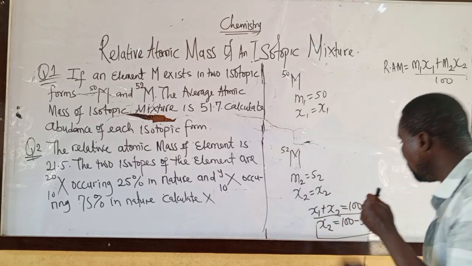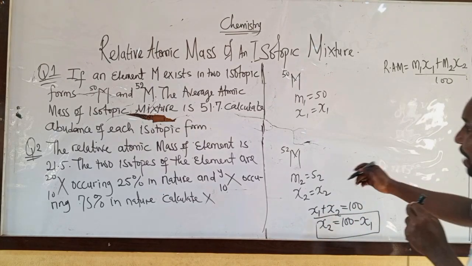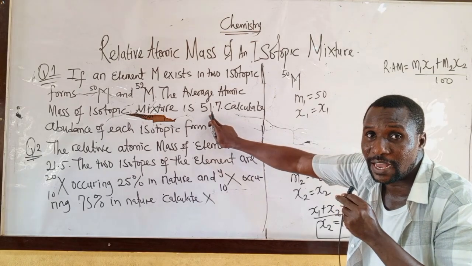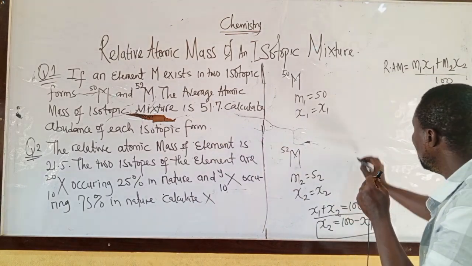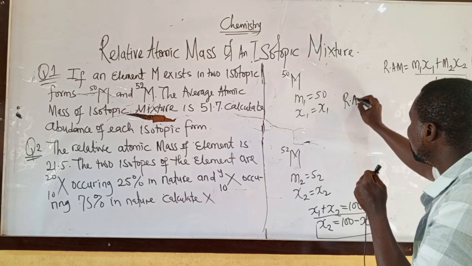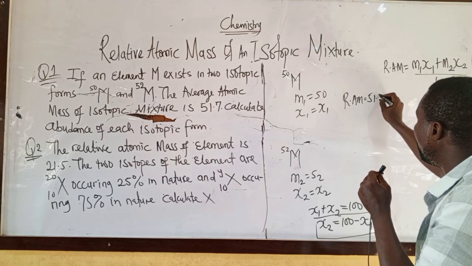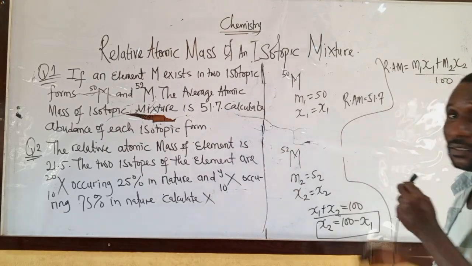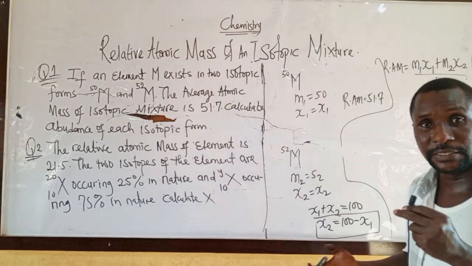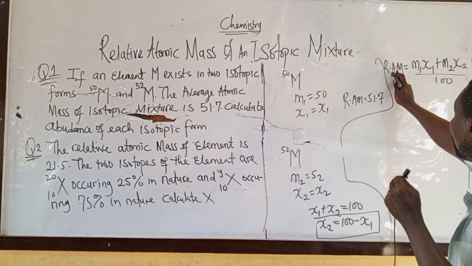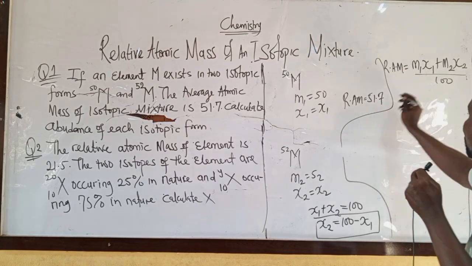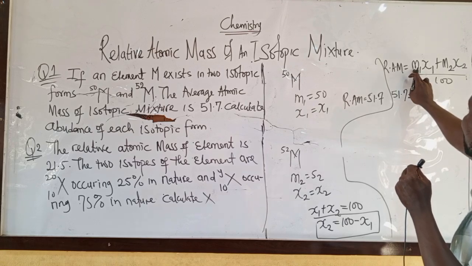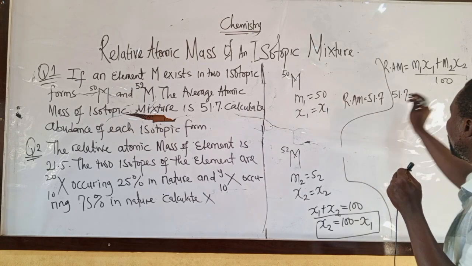I have this. Then let me go back to the formula. I have relative atomic mass given as 51.7. Take note of that. These are the data that I need. Then let's go to the formula. Relative atomic mass is given as 51.7, equal to the mass number of the first isotope, which is 50,